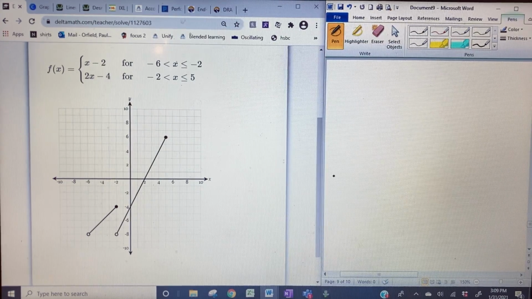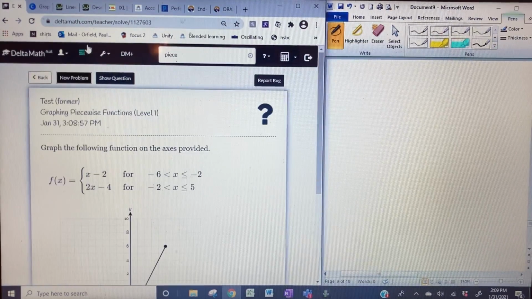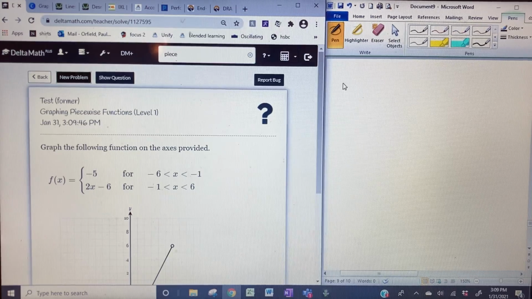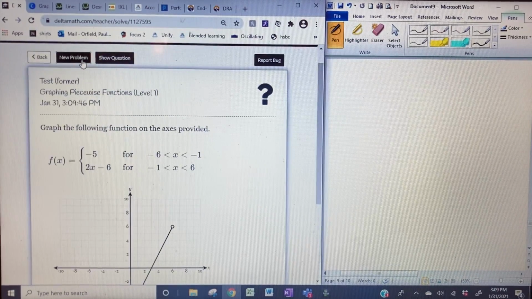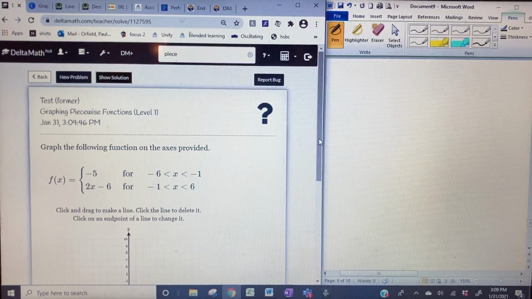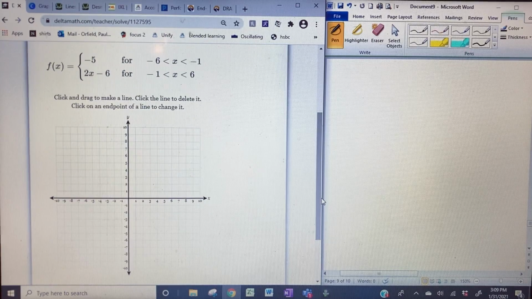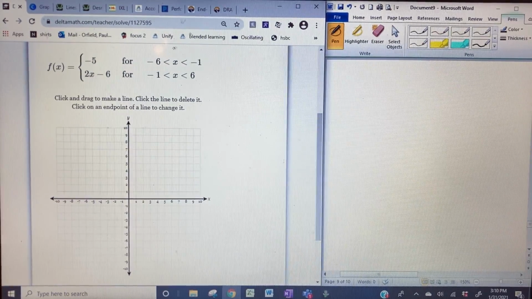Well, there's our answer ahead of time. Oops. Oh, okay, so let's do this one instead. This is actually a better problem anyways. All right, so